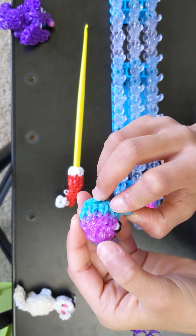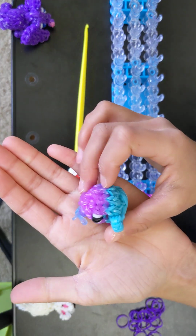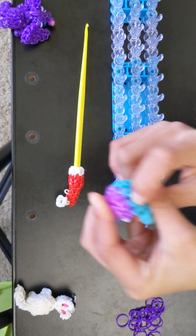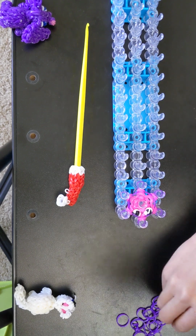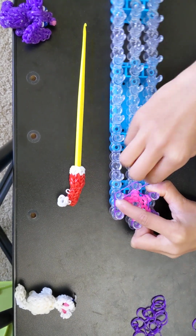Let's count. 1, 2, 3, 4, 5. We're on the 5th row. Then after this row, it's our last row, and we'll add the feet after this row. So let's take single purples for the 5th row. Once again,